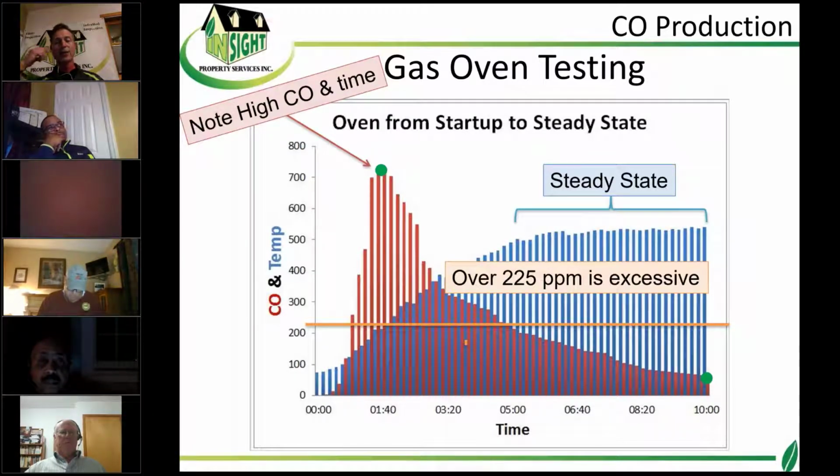All right, so here's a graph that we had when we measured CO. The blue lines are the temperature. You can see it starts out low, temperature rises, and it kind of plateaus over time, right? The CO starts out low, peaks at startup, and then drops down and also plateaus low typically once it's warmed up. The BPI standards want us to measure at steady state, so that's usually between 5 and 10 minutes. And that's what we report for folks, but I always take a note of this high CO